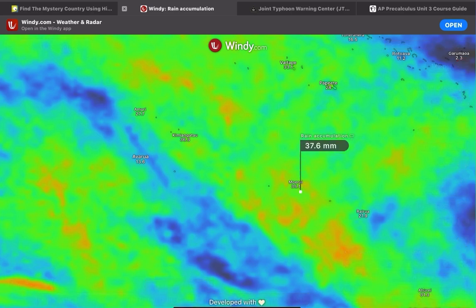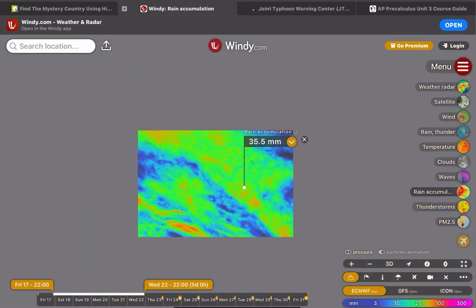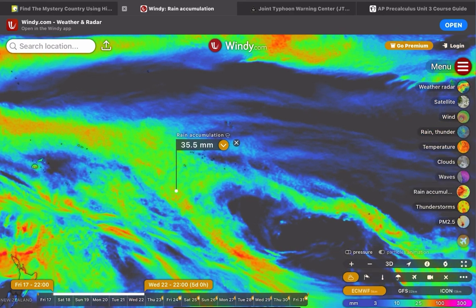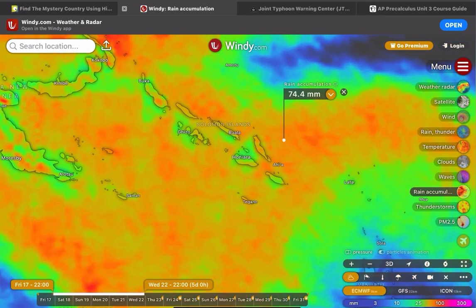So just be aware of that. If a very strong storm passes over you, more rain than it's showing here might fall. But sometimes the forecast changes and even less rain might fall. So it depends on the forecast and the conditions too. But just be aware. Now for some areas like the Solomon Islands, there's a lot of tropical moisture lingering around